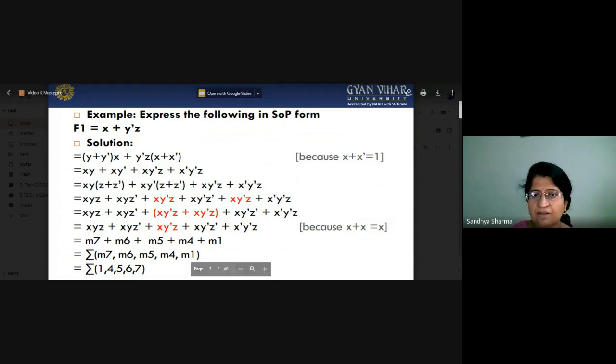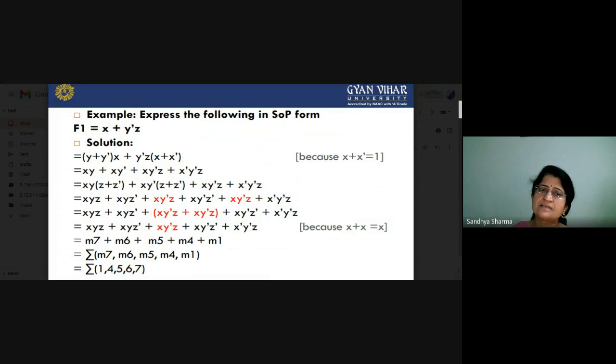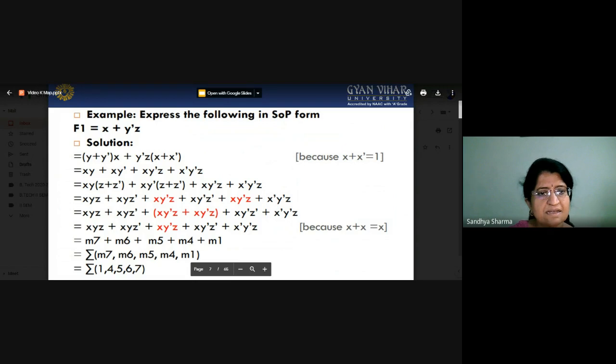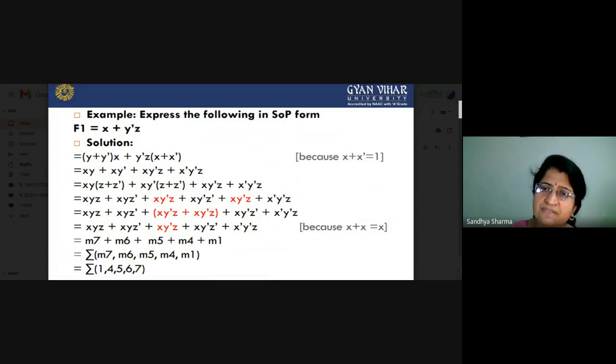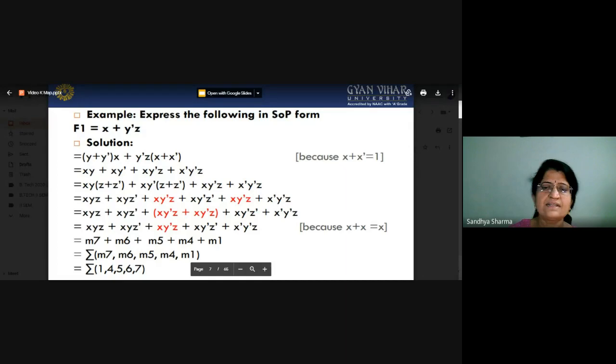So you can replace this value by using a single equation. So that is the basic form of your equation, and this is the equation. And these equations, as we have seen in our previous examples, you can write in terms of m7, m6, m5, m4 and m1. Means you have to again make a table. You can write different combinations of your three variables, and then you can represent it this way. So you can also represent it in the form of numbers. So this is a basic representation.